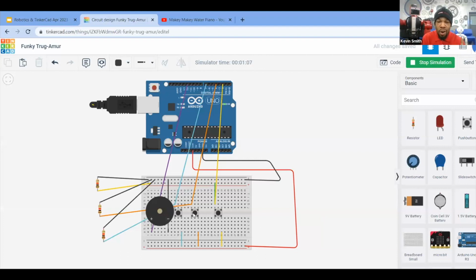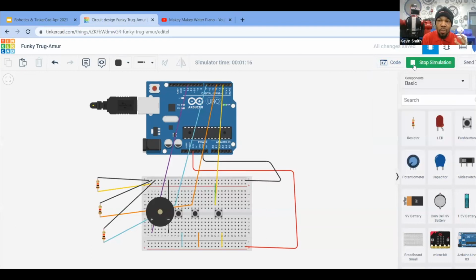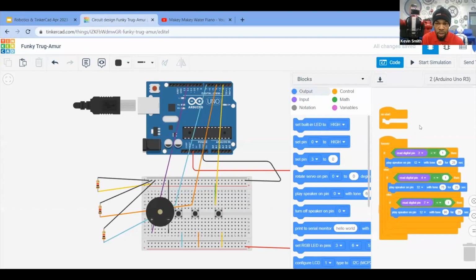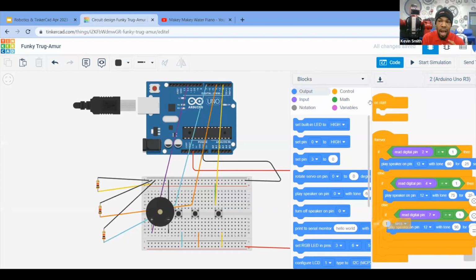But the cool part about this is that yes, we get all of this to function, but we didn't have to try it out on the physical device. We were able to do all of this in Tinkercad. The way that we did that is up here near where we started the simulation in the right corner. If you click on the word code, it allows you to generate code within Tinkercad, allowing you to access the actual Arduinos that I have set up, as well as a lot of different